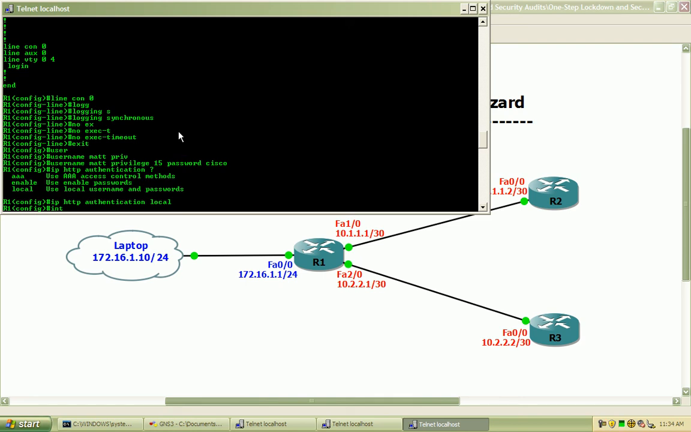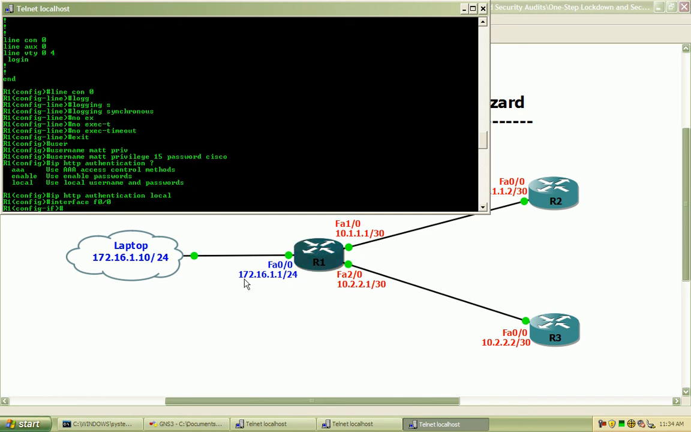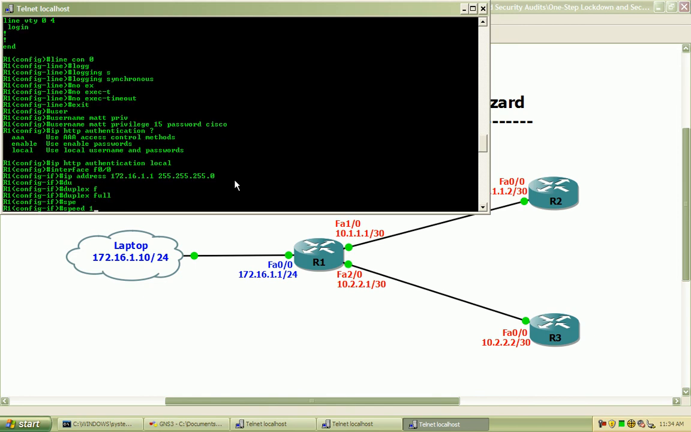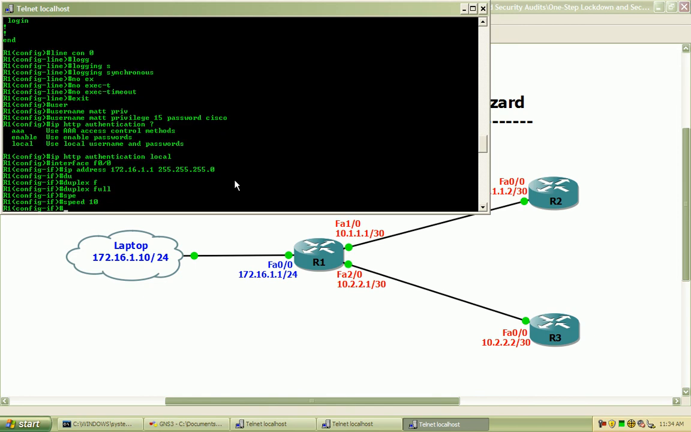And I'm going to go ahead and configure my FastEthernet 0/0 interface with the IP address that I have shown here in the diagram, which is 172.16.1.1. It's a 24-bit mask. Going to hard code the duplex to full and the speed to 10. And